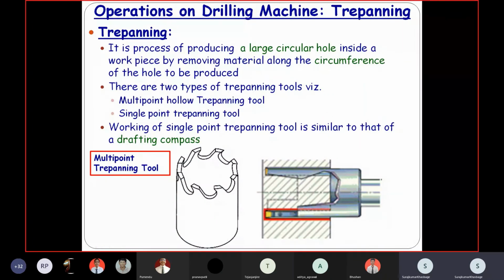Then the trepanning tool. The trepanning tool has this type of multi-point tool arrangement at the tip. Whenever we want to make a very large diameter hole, as I gave you the example in the lathe, suppose I have to make a 50 mm hole in an 80 mm bar, what I did there was a number of drilling operations: first 5 mm, 10 mm, 20, 30, 40, 50. So I was going to remove material in steps, but instead of removing the material in steps,